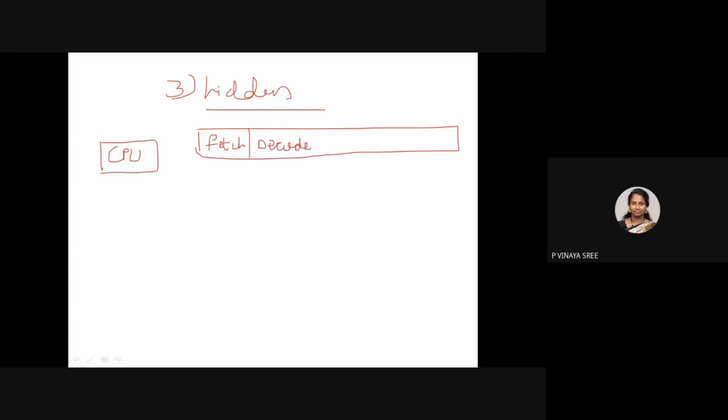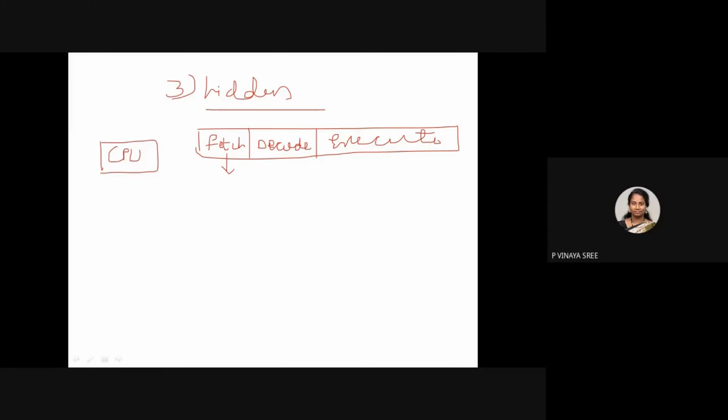After decoding, again we may go for fetch also, if it is a memory reference. I don't want to confuse, so I want to go for a general fetch, decode, execute. In such a case, in which phase does the processor require a bus?